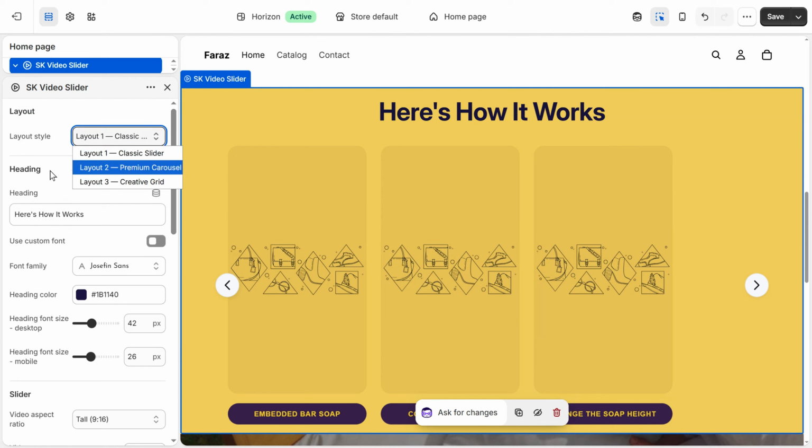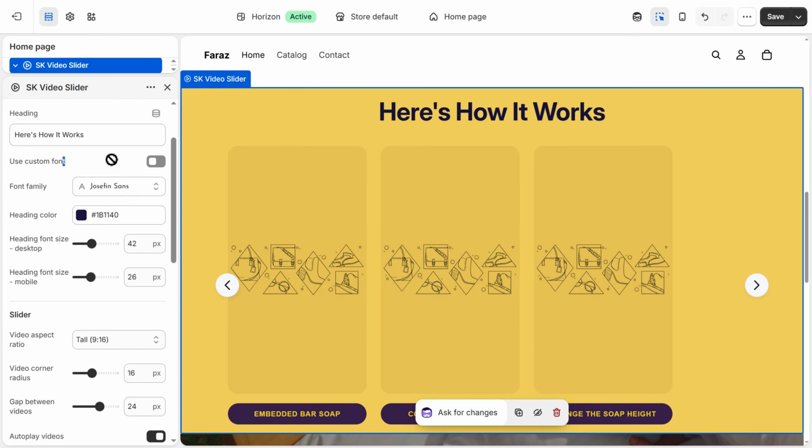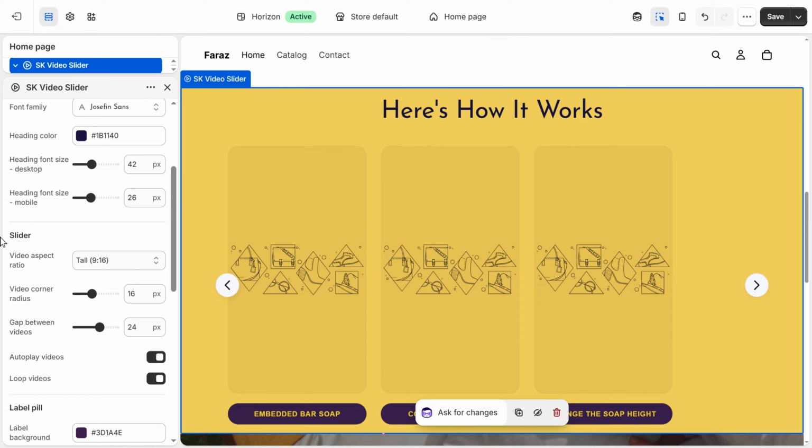There are 3 different options to choose from here. Pick whichever fits your section best. Right below that, add your heading, toggle on Use Custom Font, and you can also adjust the heading color and heading font. In the slider settings, you can change the video size, along with a few other options based on